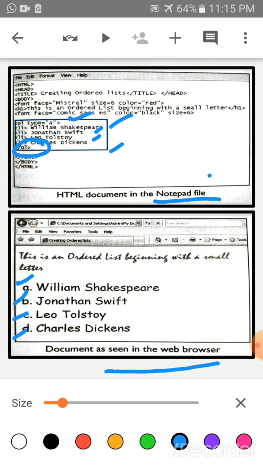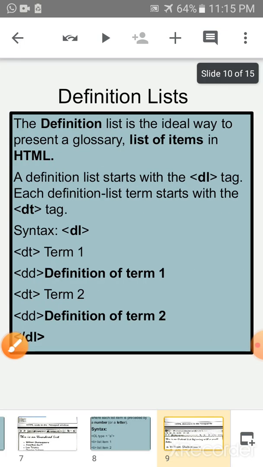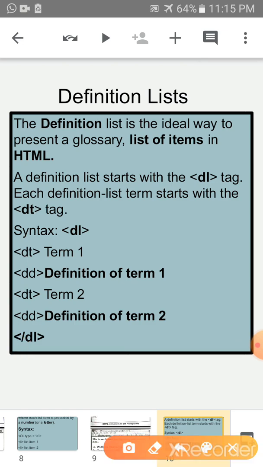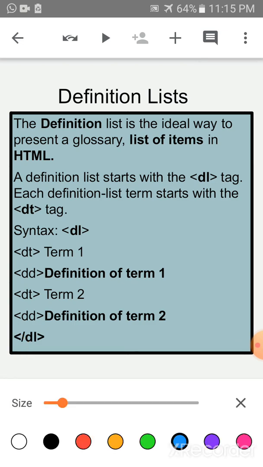Okay, understood? Now children, come to the definition list. Children, the definition list is the ideal way to present a glossary list of items in HTML. A definition list starts with the DL tag. Each definition list term starts with the DT tag.